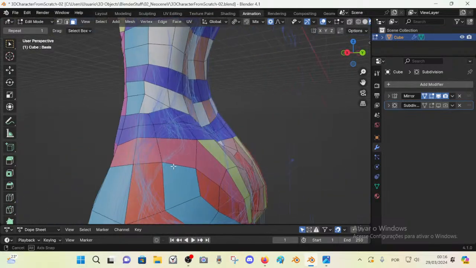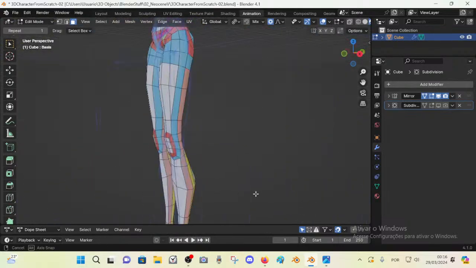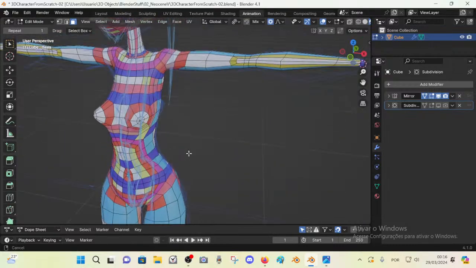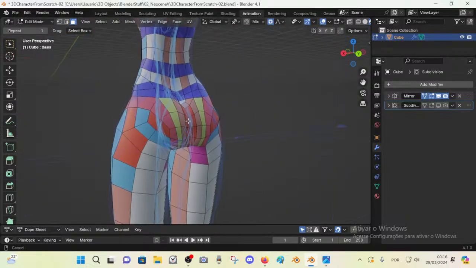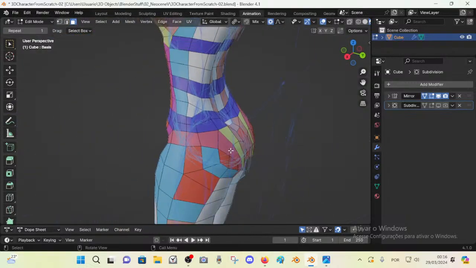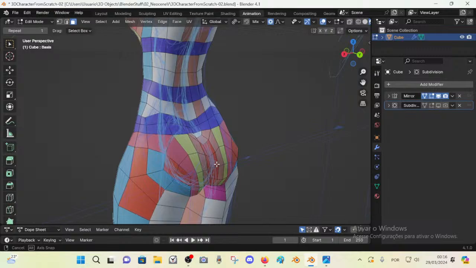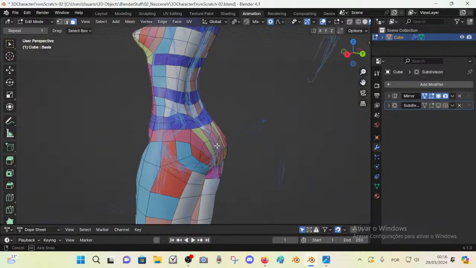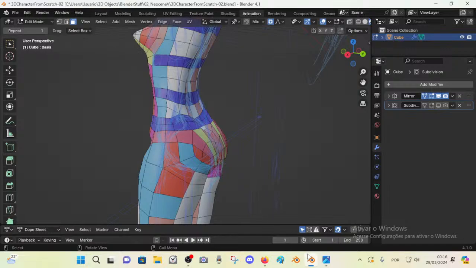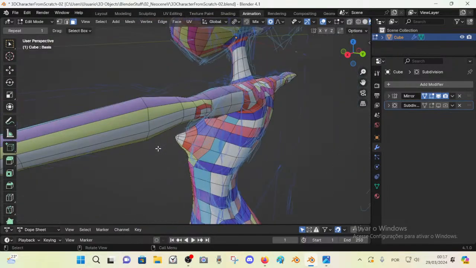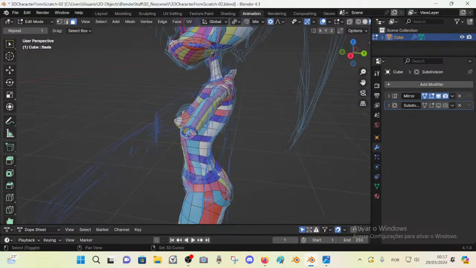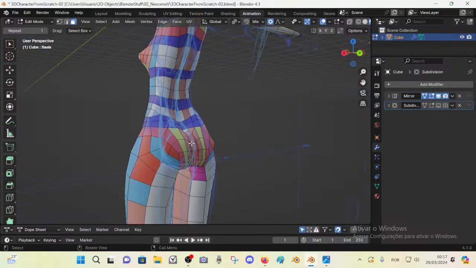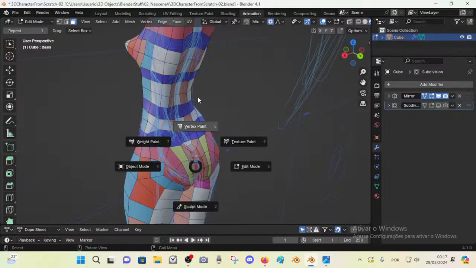So here I've fixed some small details on the foot, which are solved. I decided that I will actually do this in live stream. I decided to resolve this part of the mesh here in live stream. So for that, I'd probably like to have, and then we go straight to the hand, and I have some ideas already. So for the buttocks,